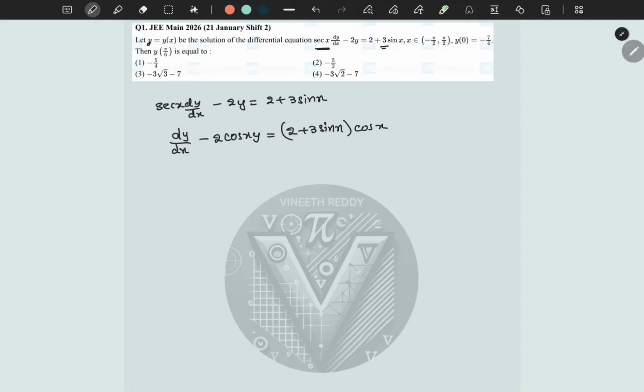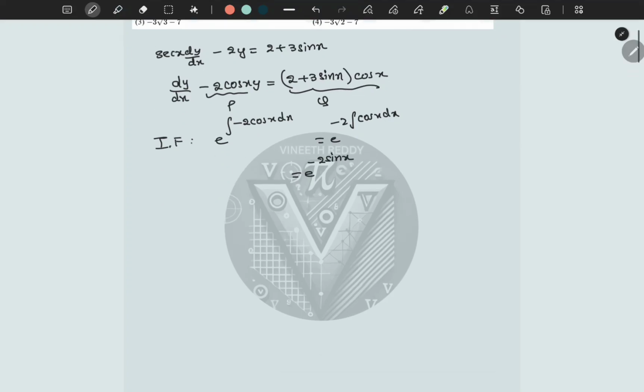Now this is of the form dy by dx plus p into y is equals to q. So this should be p and this should be q. So what will the integration factor be? It will be e power integral p into dx. That means minus 2 cos x dx. So it will be e power minus 2 integral cos x dx. So this should be e power minus 2 sin x. Integral cos x is sin x. Now the general solution will be